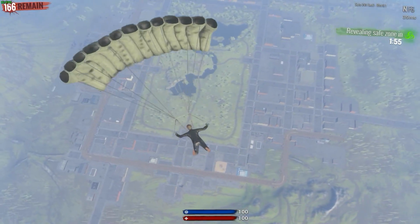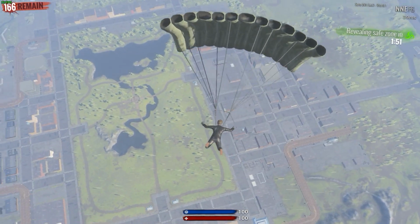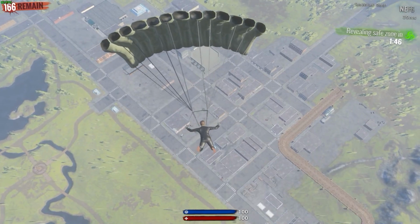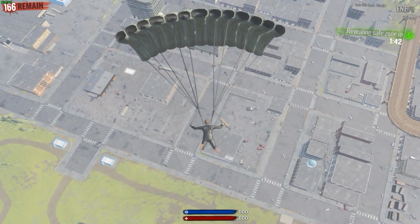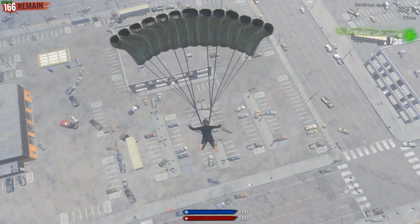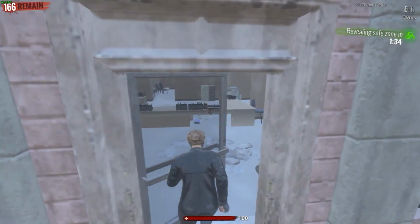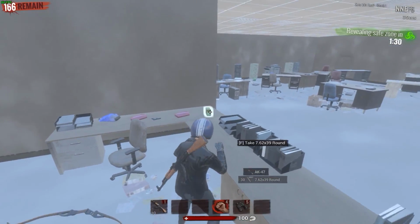Now getting started, this is a spawn location that I almost always go to in Pleasant Valley. I'm going to have two Pleasant Valley places that I like to go to. The first being the police station here. The police station always has multiple police cars most of the time. This time it only had one, but there's at least usually one. Sometimes I've seen 5 be there. That is all based on the RNG spawns of it, but for the most part,